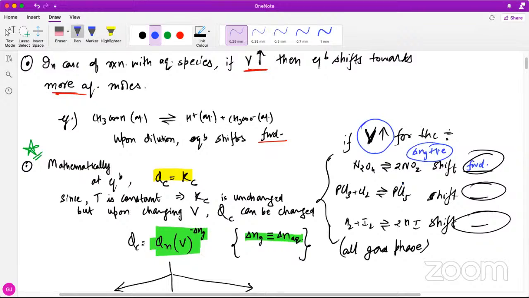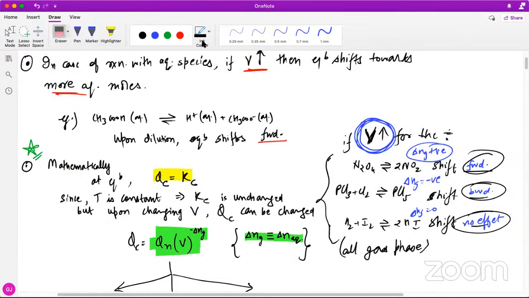ठीक है, दोबारा प्रैक्टिस करें श्रेय, स्मिथ, दोनों ने गलत आंसर दे दिया। यहाँ पे मेरे साथ में बताओ क्या हो रहा है, डेल्टा एन जी क्या है, नेगेटिव। तो ये नेगेटिव इंटू नेगेटिव v की पावर क्या हो गया, पॉजिटिव। तो v किधर है, न्यूमरेटर में कि डिनोमिनेटर में, न्यूमरेटर। और अब मैं v बढ़ा रहा हूँ, न्यूमरेटर बढ़ा रहा हूँ, तो q बढ़ जाएगा, q ग्रेटर देन k हो जाएगा, तो इक्वेशन बैकवर्ड करेगा। समझ में आया? यस सर। एंड ऑफ कोर्स इस केस में डेल्टा एन जी जीरो है, तो v की पावर जीरो, मतलब v बढ़ाओ घटाओ कोई फर्क नहीं पड़ रहा है, q रिमेन्स द सेम, दैट मींस नो इफेक्ट।